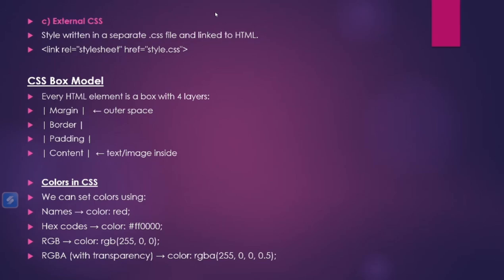In CSS, the box model is also there. Every HTML element is a box with four layers, which include margin, border, padding, and content. We can also set colors using CSS.